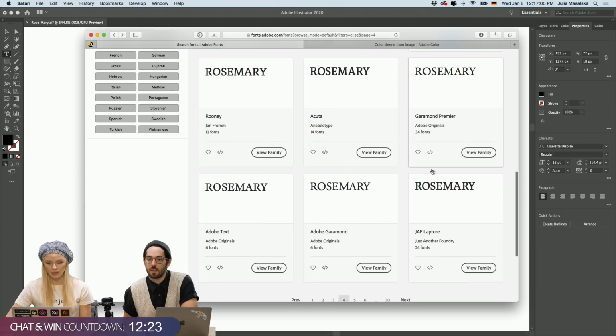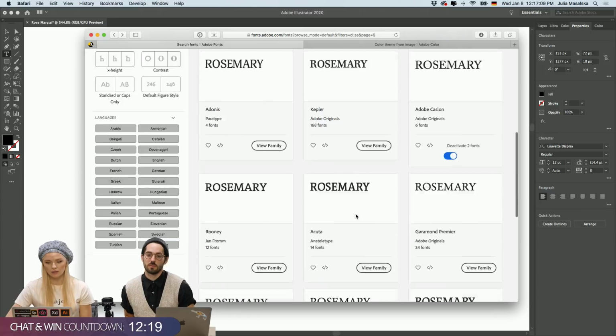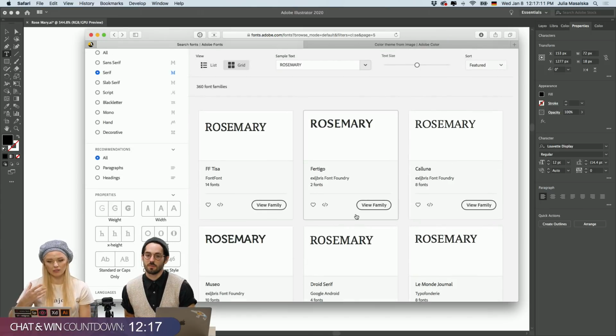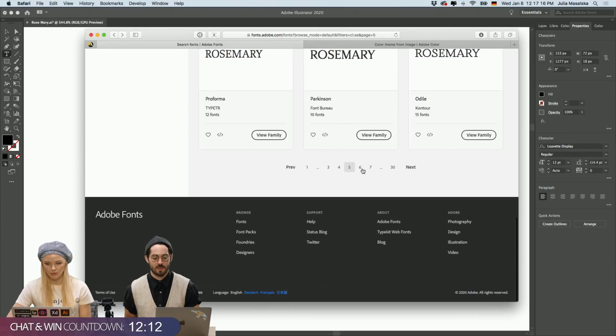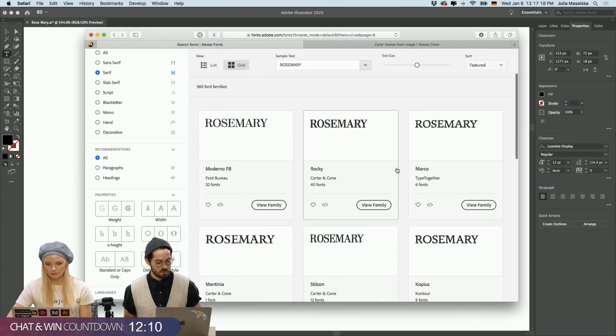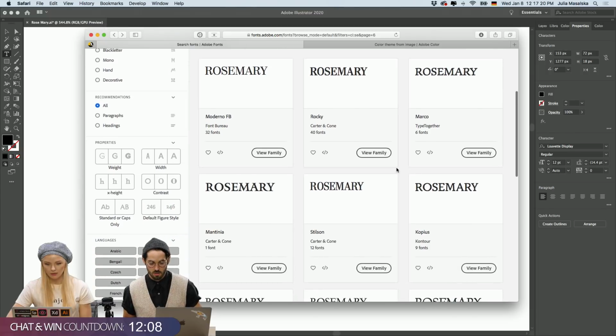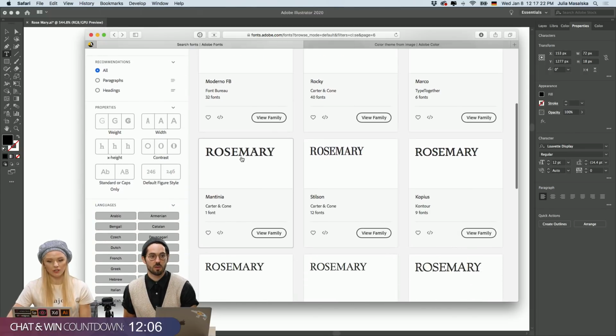It gives the typeface a character, and I think typefaces that have character are the extraordinary ones for me. Cool. Thanks for explaining that. This one, for example, looks very nice. It has a very nice flow, specifically for our brand. So I'm going to take a look at it.